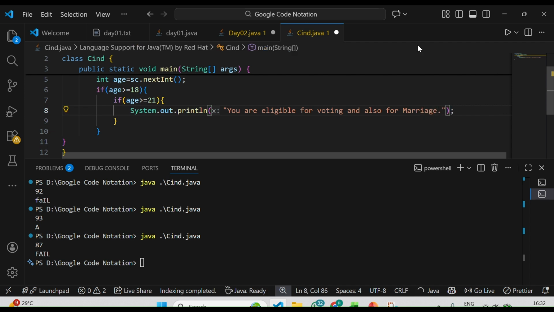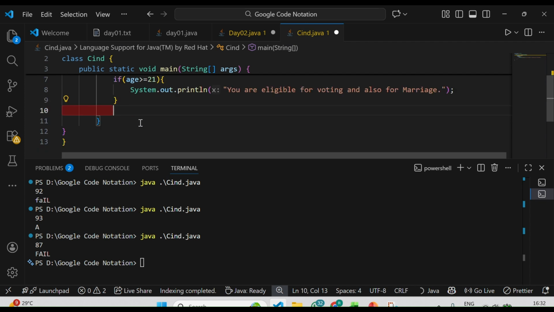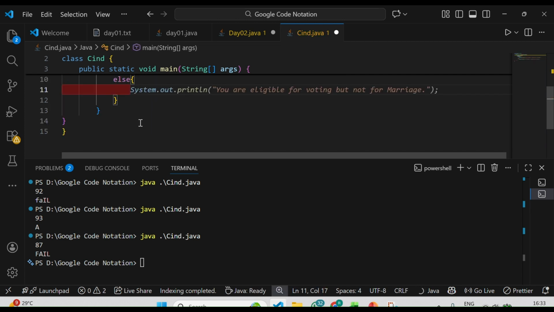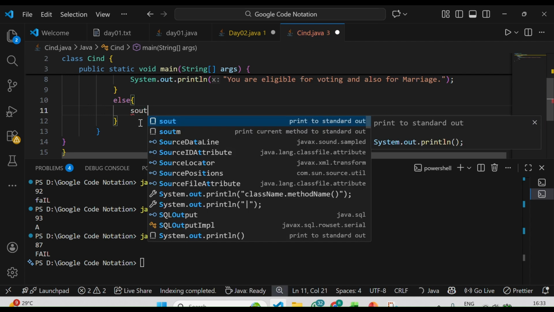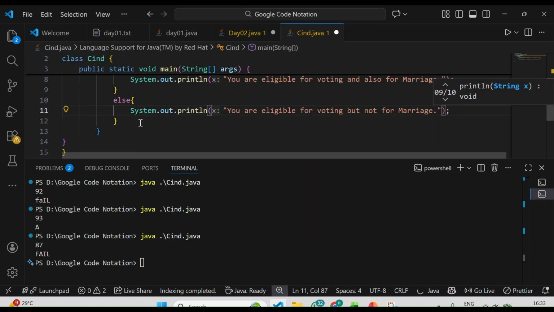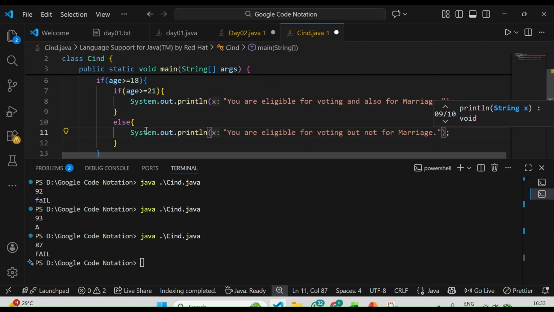Otherwise, you are only allowed for voting, not for marriage. Okay, so after here